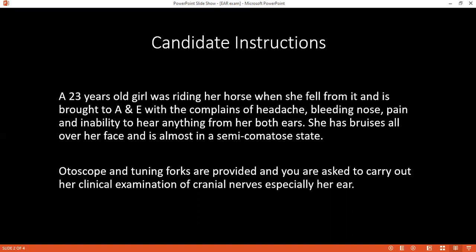Start with the touch sensations, using cotton beside the patient. Do you feel this touch? And ask the patient to close his eyes. Then I would like to examine the pinprick test, using a pinprick beside the patient. Then examine his